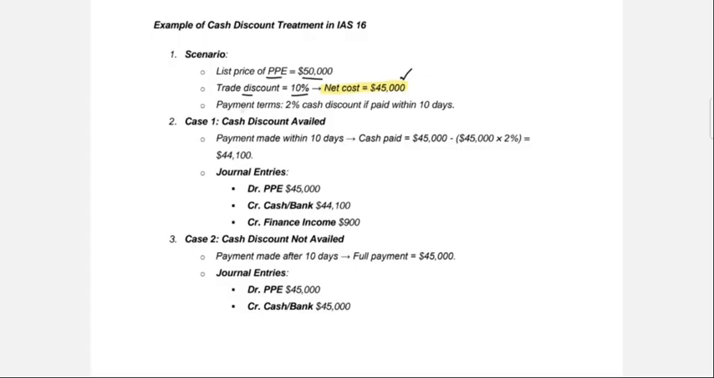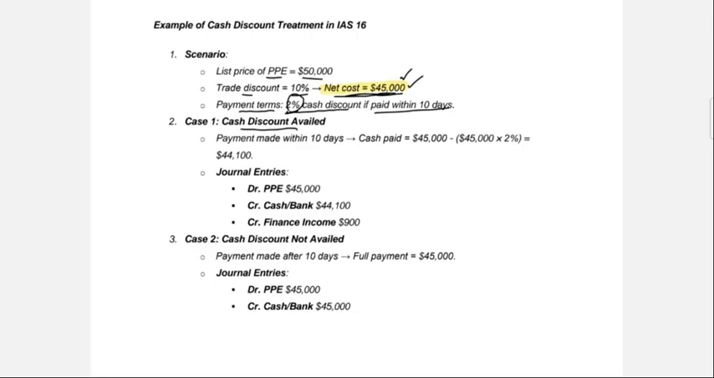And the next statement says that we have a payment term that you will get 2% cash discount if you pay within 10 days. Now, this is upon the business, whether we want to pay or whether we don't want to pay. If we decide to pay, the cash discount will be recorded as finance income. If we do not decide to pay, then you will have the same cash outflow as the net cost of the asset. Now, let's look at what happens when cash discount is availed. When the cash discount is availed, the only thing that is going to change is the amount that we need to pay, because cash discount is not going to